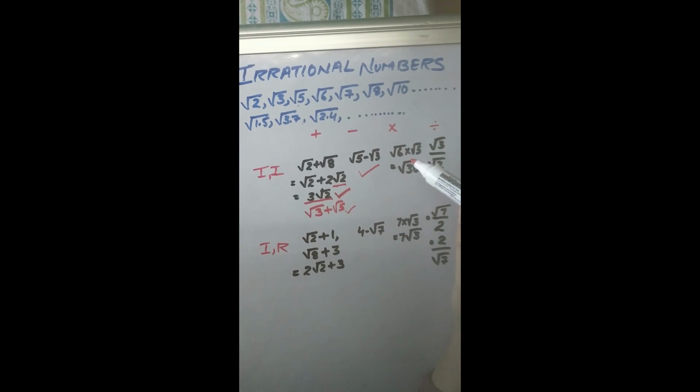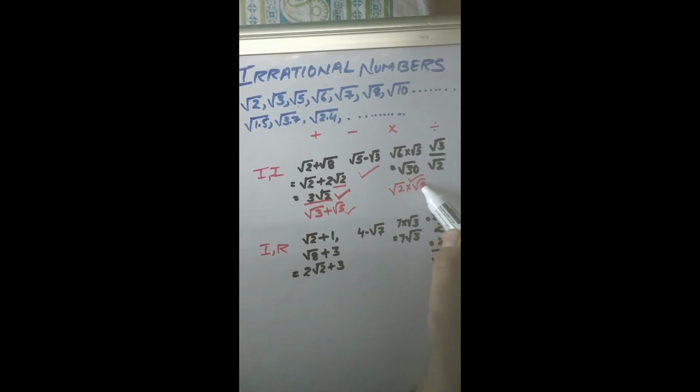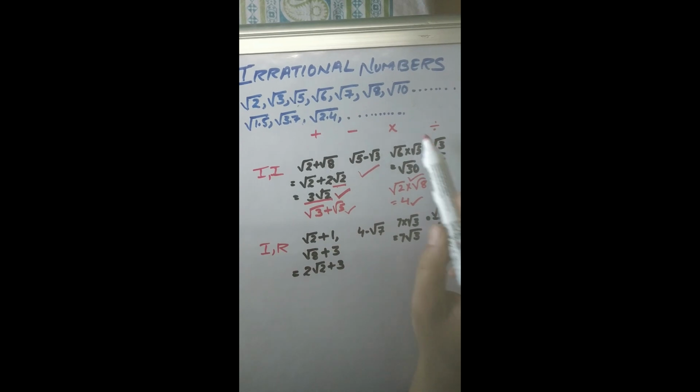Then when we operate two irrationals, we get another irrational, at times irrational, at times rational also. Root 6 into root 5 is root 30. Can we locate it? Yes, we do learn. If we are multiplying root 2 into root 8, then we get a rational number, which is 4. And we do know how to locate it. It means the result of multiplication also can be located.